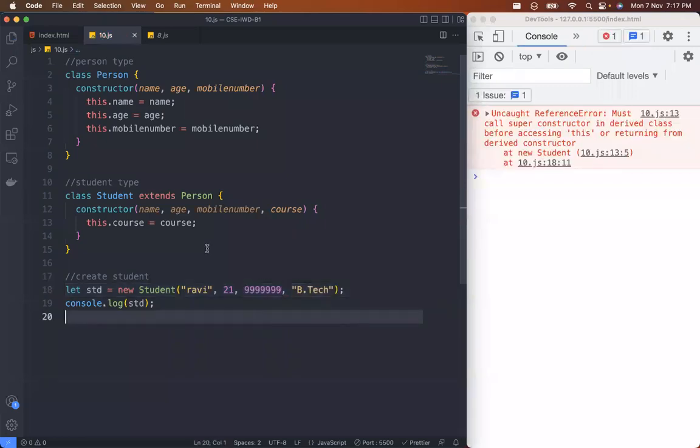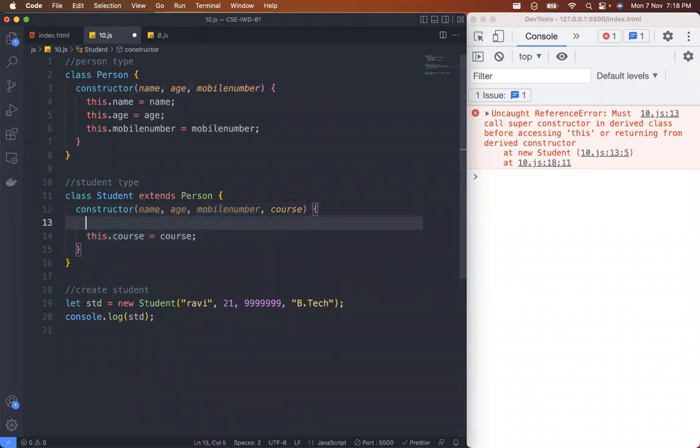Okay, mobile number also. Once he receives the values, what the student has to do is supply these three values to its parent, because the parent is going to initialize them. So the student is responsible only for acquiring the special property, that is course, whereas the remaining common properties will be taken care of by the parent. That's why, how can we pass values to the parent? Pass